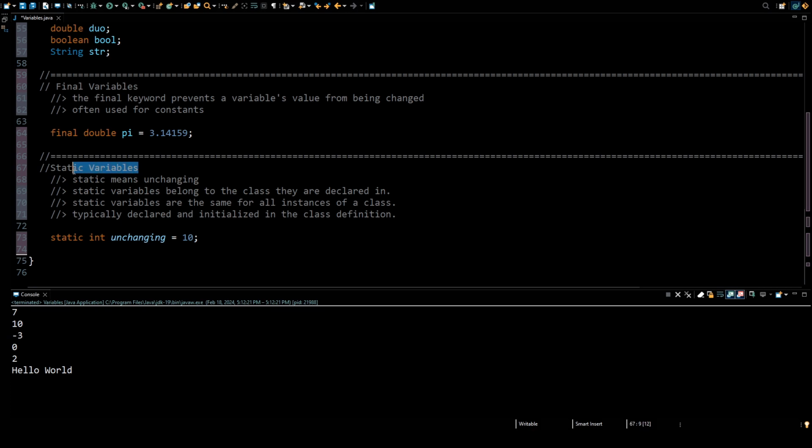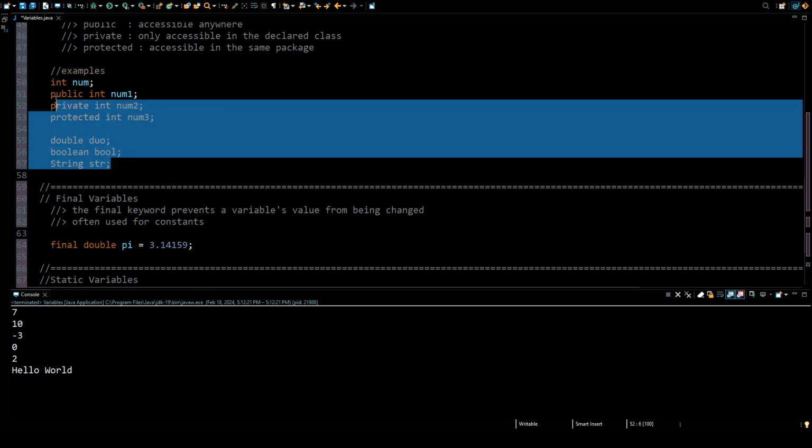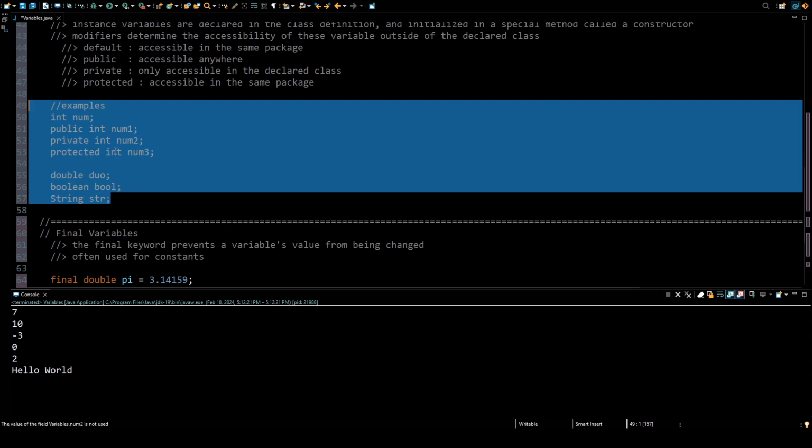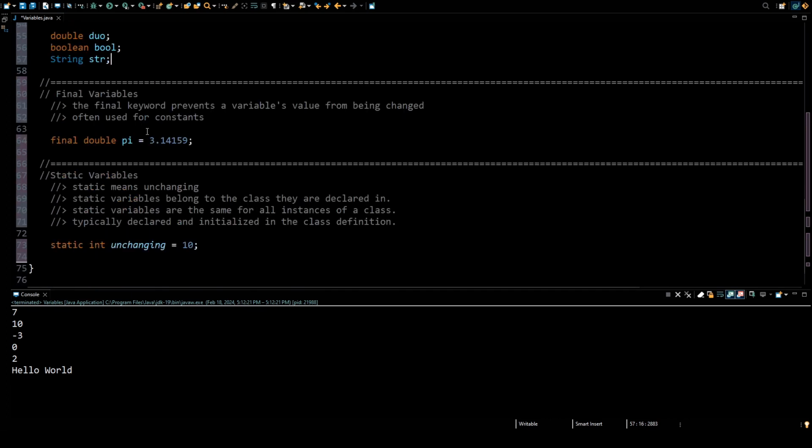And then we have static variables. These are typically kind of associated with these instance variables up here, where instance variables are associated with an object. Static variables are associated with the class that they belong to. And typically, when we say static, we mean unchanging, which means this value will be unchanging for all of the different objects. That doesn't mean I can't change this value. It means that this is associated with everything that is associated to the class. So if I create 100 different objects of a class, they will all have the same unchanging value here,